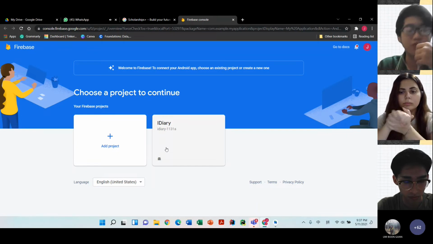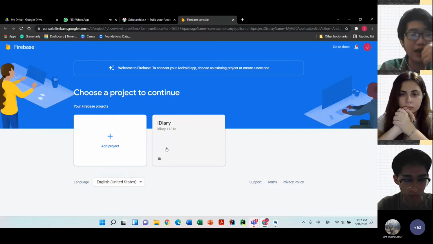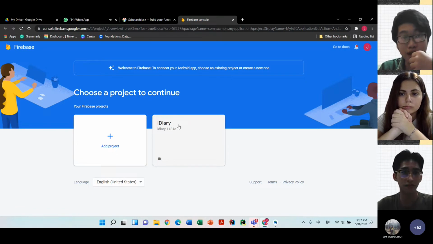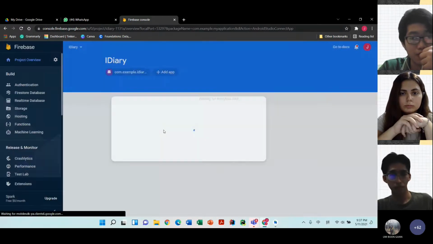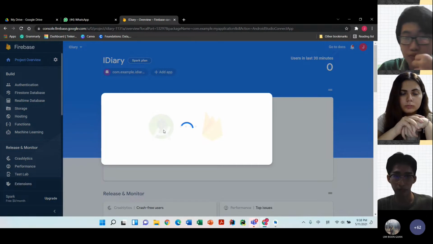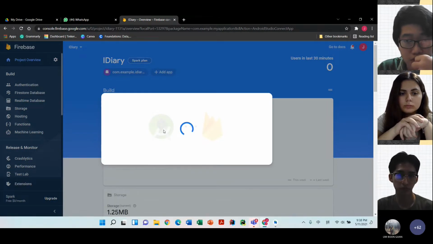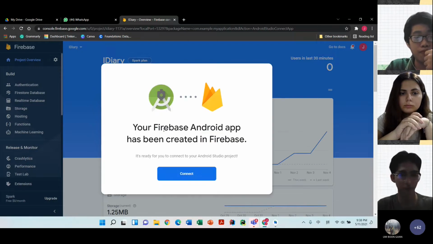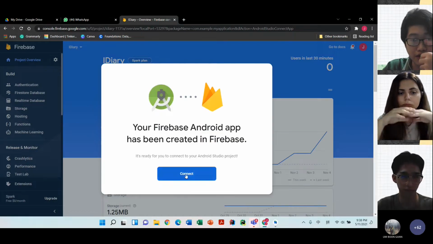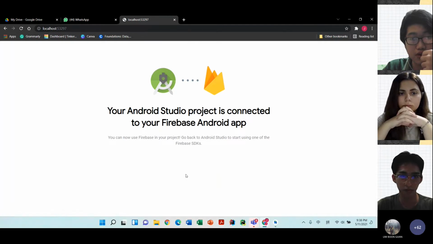Okay, so right here, choose a project to continue. You can either add a project or, like we've just created, iDiary. So click on the iDiary project that we just created. Okay, so click on connect. And then right now you can close this window.